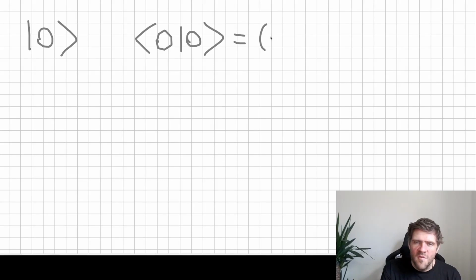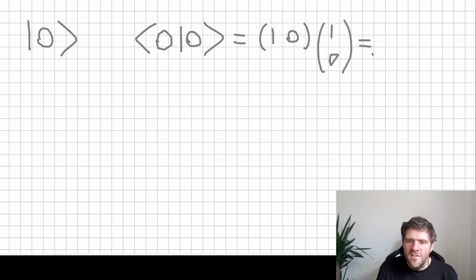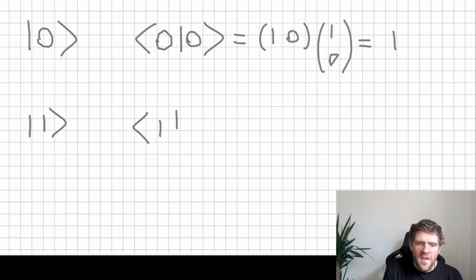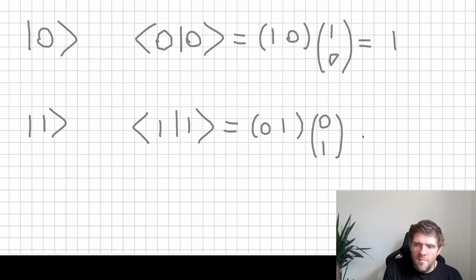So we do this matrix multiplication, 1 0 with 1 0, and that didn't come out a very good 0, but at least it's topologically equivalent. So this is 1 times 1 plus 0 times 0, which is 1. And similarly, when we do this with the state 1, we get, in this case, 0 times 0 plus 1 times 1. I'm giving you the answer while I'm writing it, which is slightly confusing, but it also